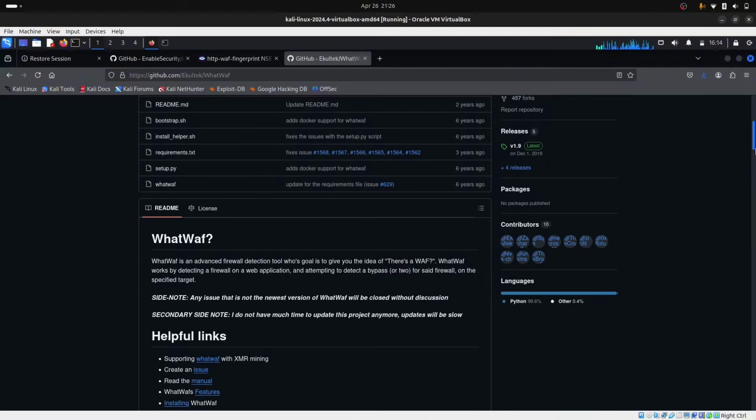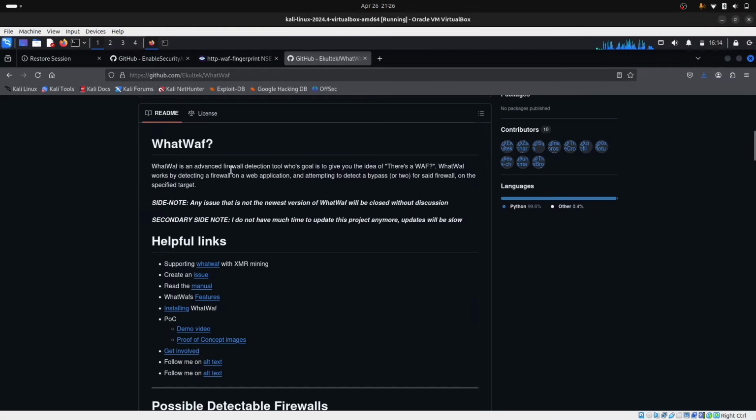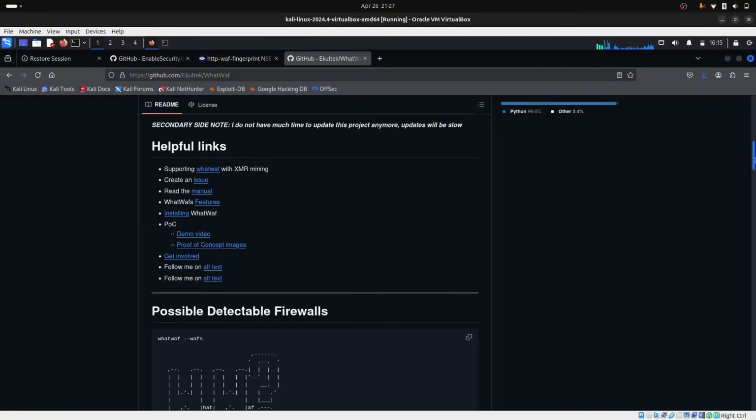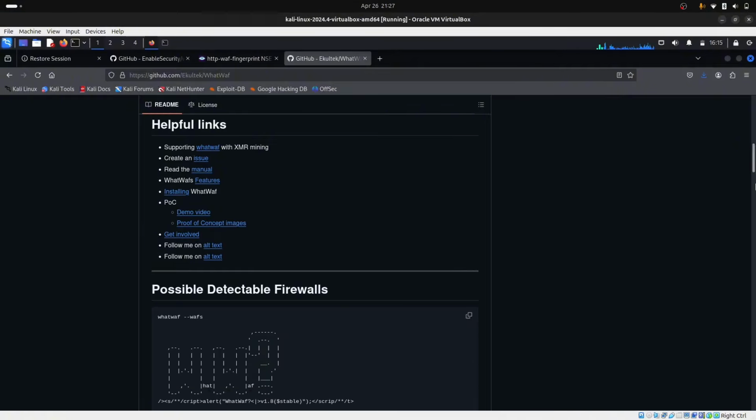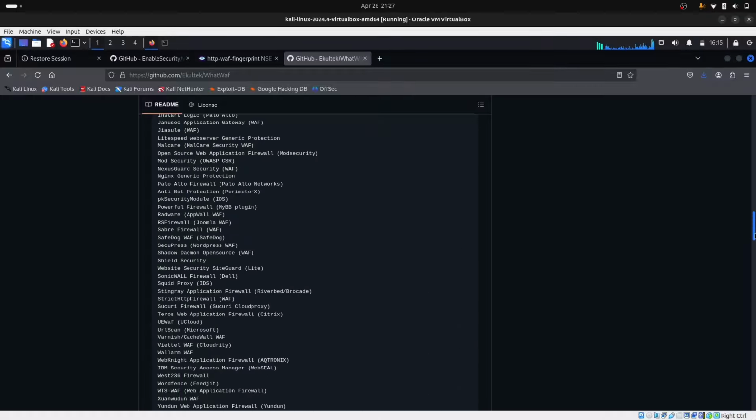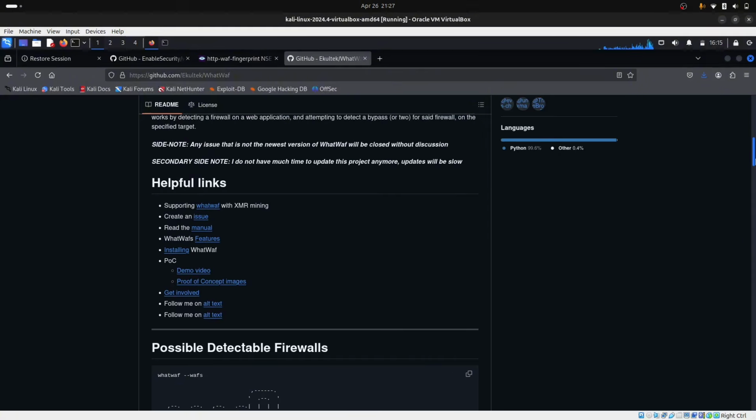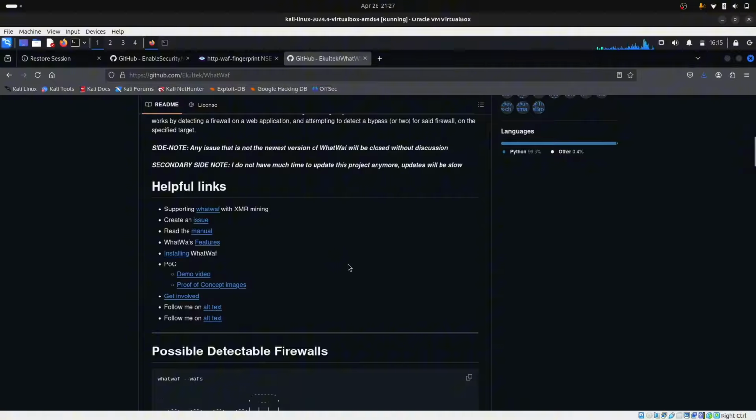Tech. So now WhatWaf is an advanced firewall detection tool whose goal is to give you the idea of whether there is a WAF. WhatWaf works by detecting a firewall on a web application and attempting to find a bypass or two for said firewall on the specific target. Okay, just leave this. Then now, for the installation, it is not here. But if you want to look for how to install WhatWaf and how to use it,